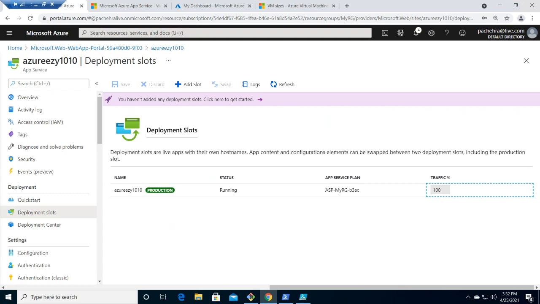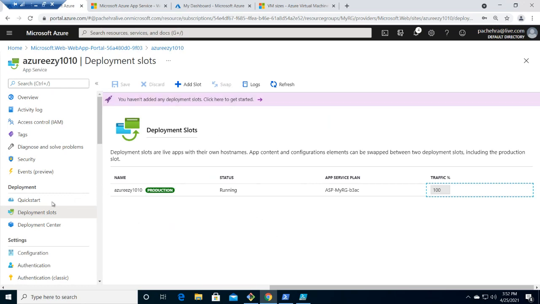And when it comes to going live with the new version of your app that is deployed in the staging slot, there is no need to redeploy to production. There is a swap feature. It is grayed out because I have not created another slot. If I created one, it would be visible and you can hit swap rather than going through the entire process again. So it will help you speed up your lifecycle process of deploying code to production. It's a great feature. This is essentially a DNS swap. The production slot is now the staging slot once you hit the swap.